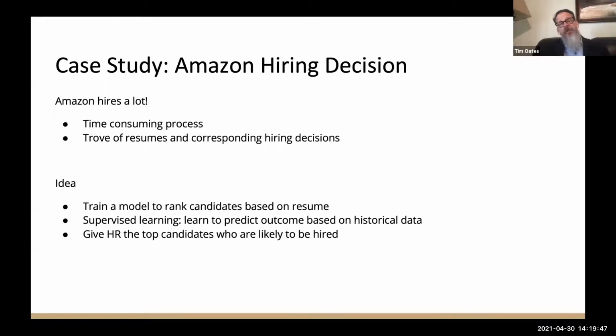So their idea was, great, this is a machine learning problem. We're really good at this. Let's train a model to rank candidates based on the resume. So the idea is that I can take a new resume in, and then that model will predict, do I think I'm going to hire this person ultimately or not? And then you can just give HR the top candidates, the ones who are likely to be hired, to be made an offer and be hired. It's much easier. You can cut down on costs. Everybody's happier. However, if you look at the next slide,